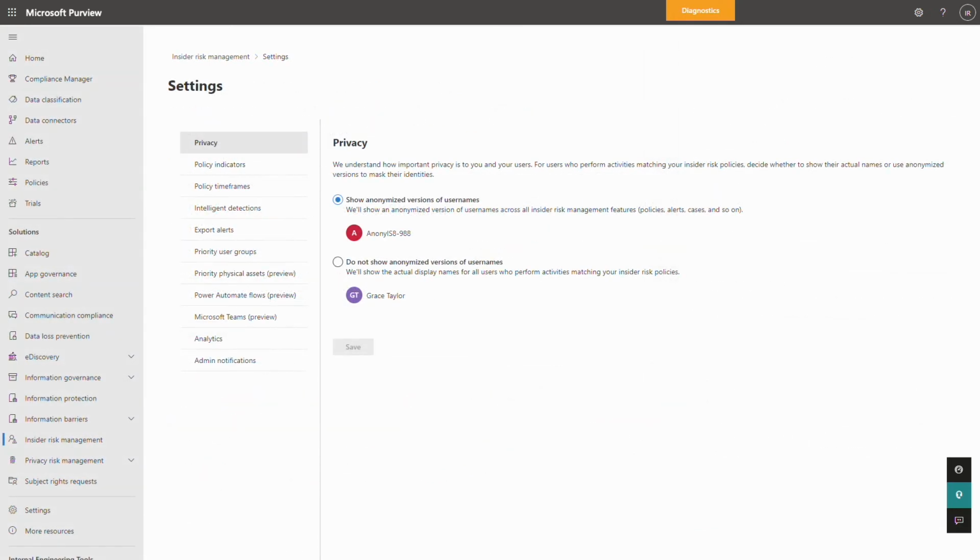And like I mentioned earlier, user privacy is absolutely fundamental to everything we do in insider risk management. One of the features in insider risk management is username pseudo-anonymization, which will show you an anonymized version of a username in an alert and a case. This not only helps to protect user privacy, but also helps maintain bias control in case the analyst comes across an alert of a friend of theirs. This is all especially important at the beginning stages of a security investigation, or if there are benign or false positive alerts being surfaced. Username pseudo-anonymization is on by default in insider risk management.